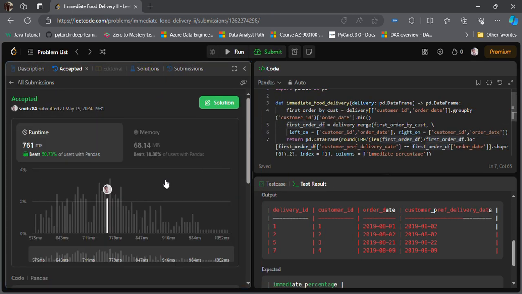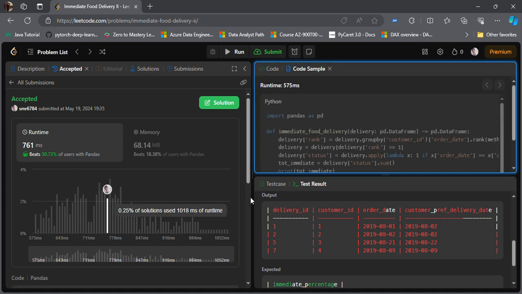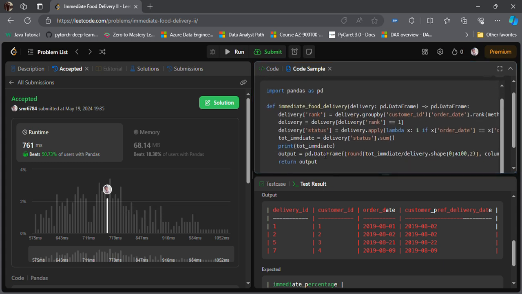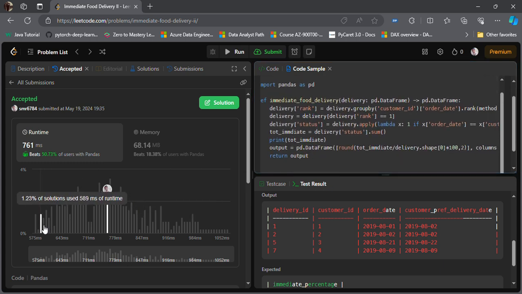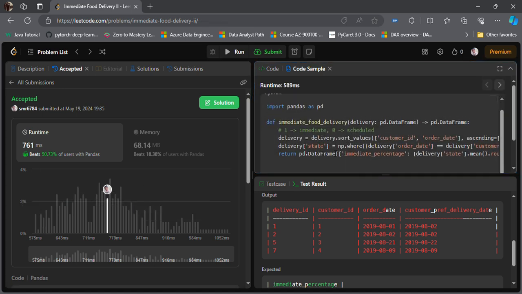So as you can see, our code is running between 711 to 779. Basically we are in the middle, and you can find better answers also, which one runs faster. You can find some interesting things here. If we see this one also using a loop, I saw something interesting. So this one is a little bit interesting